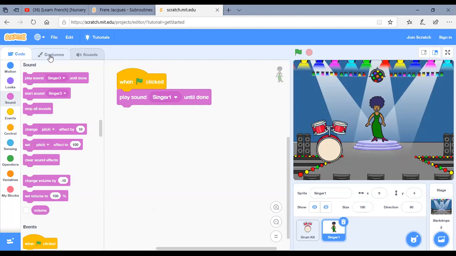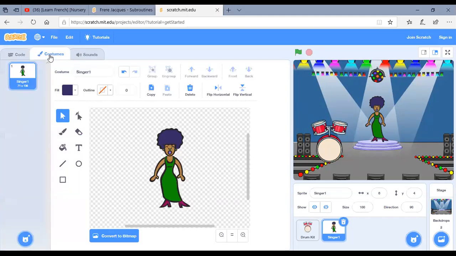You go to costumes, and then you will make another costume. You will duplicate this costume. How to do that? You go here, you right click, and you duplicate. You make another costume. So you have singer 1, you have singer 2.